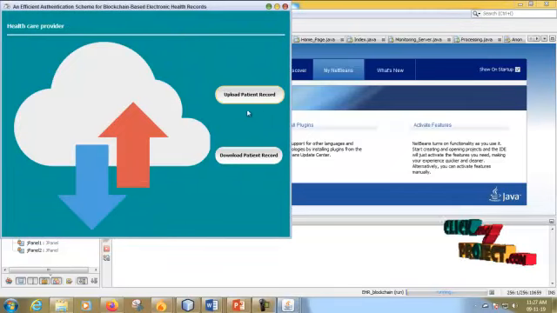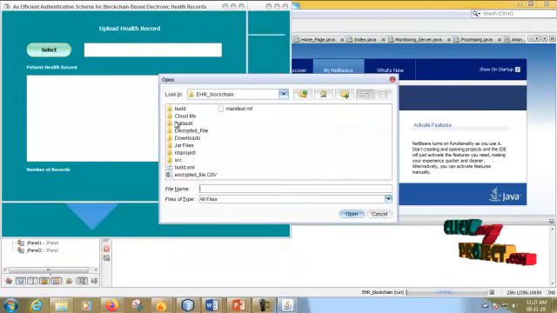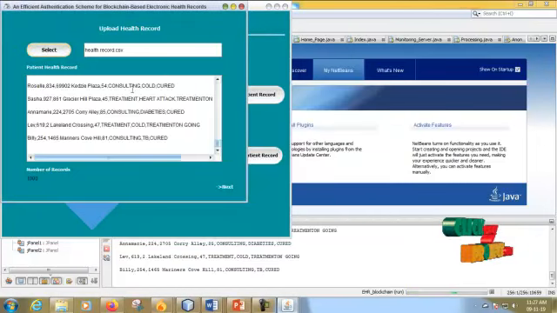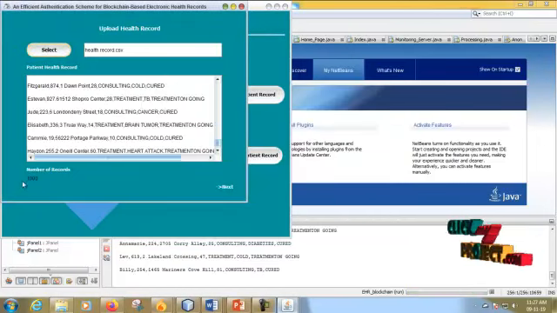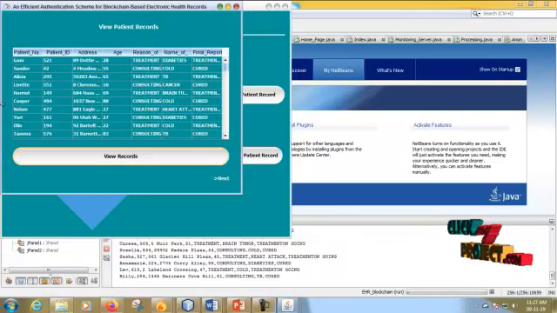In this page there are two main things: upload and download. First we have to upload the file. You have to select the data set which we have to upload. In the data set all the patient details are available. There are 1000 records, so we view them in an ordered way: patient name, patient ID, address, age, reason and name of the disease, and final report. The final report shows whether the treatment is going on or the patient is cured. Then click next.